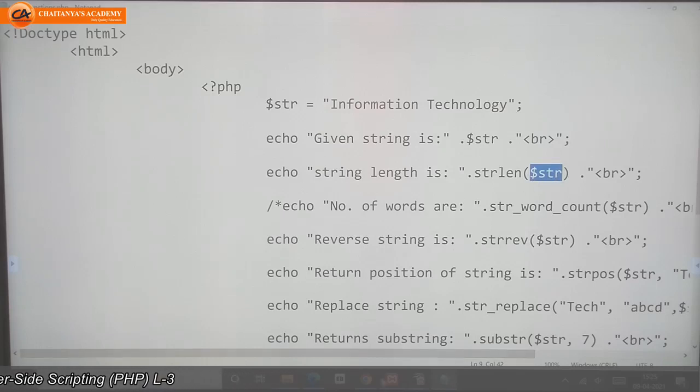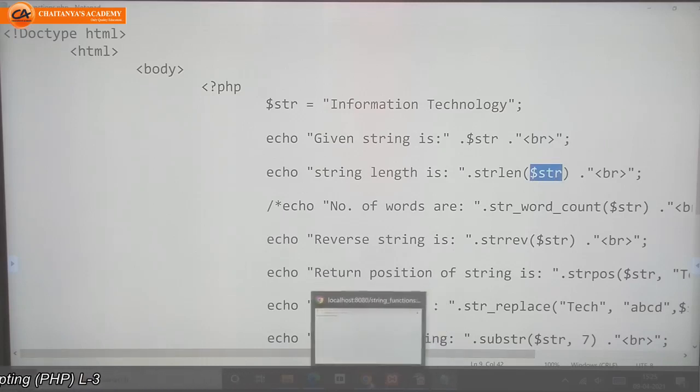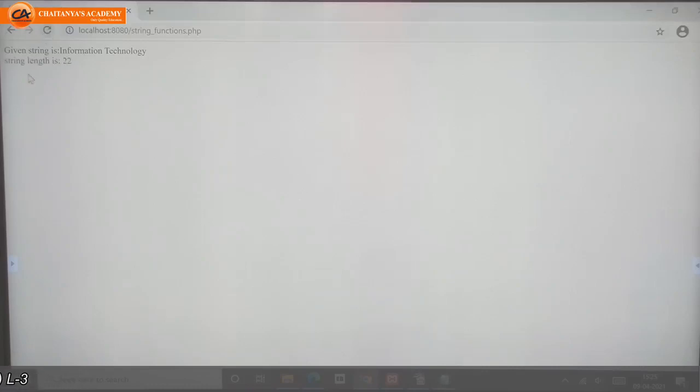So we'll get the output like this. See, the str length is 22. This is the length of this string.